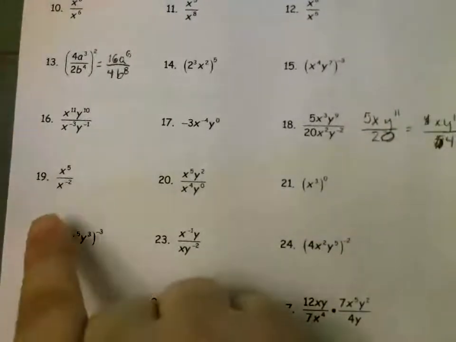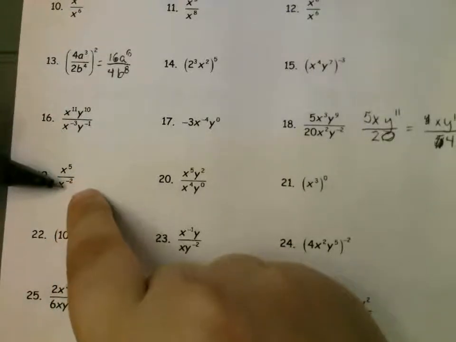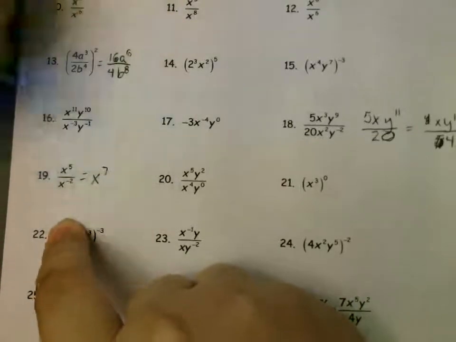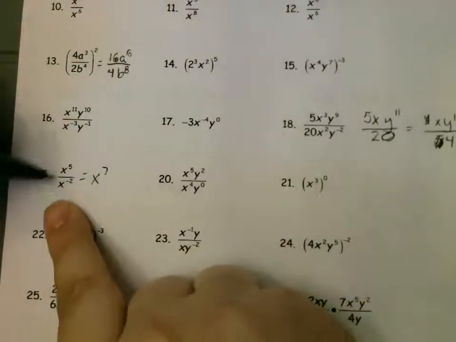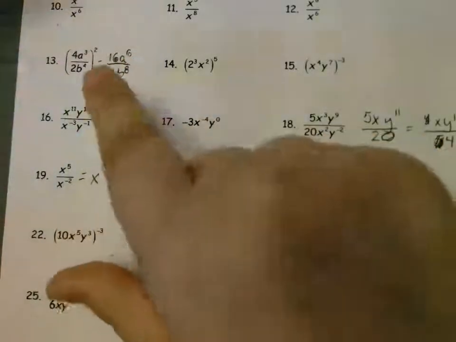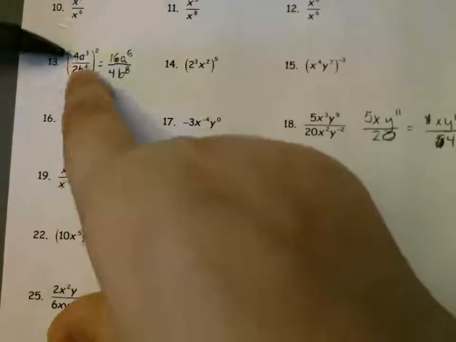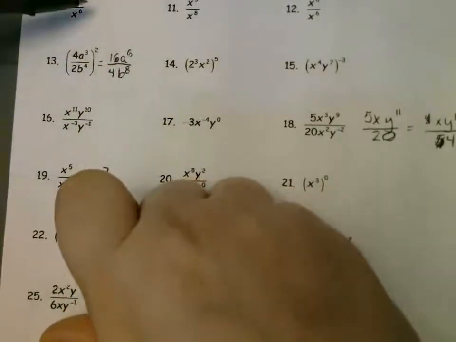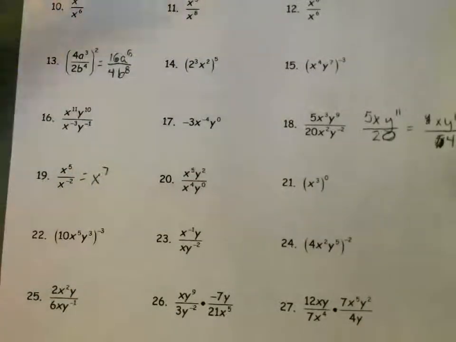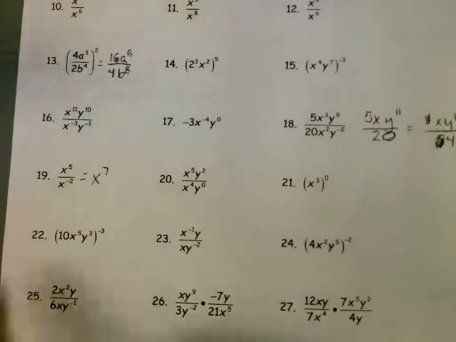All right. Again, look at 19. It's got a negative on the bottom, which means 5 minus negative 2 turns into 5 plus 2. We have x to the power of 7. Now, I can only do that because they have the same base. All right. When I'm working with different bases, I have to leave them alone, just like I did with 13, where they had different bases. So B had to stay on the bottom, A had to stay on the top. I can only do the subtraction of the rules of the power of a quotient when they have the same